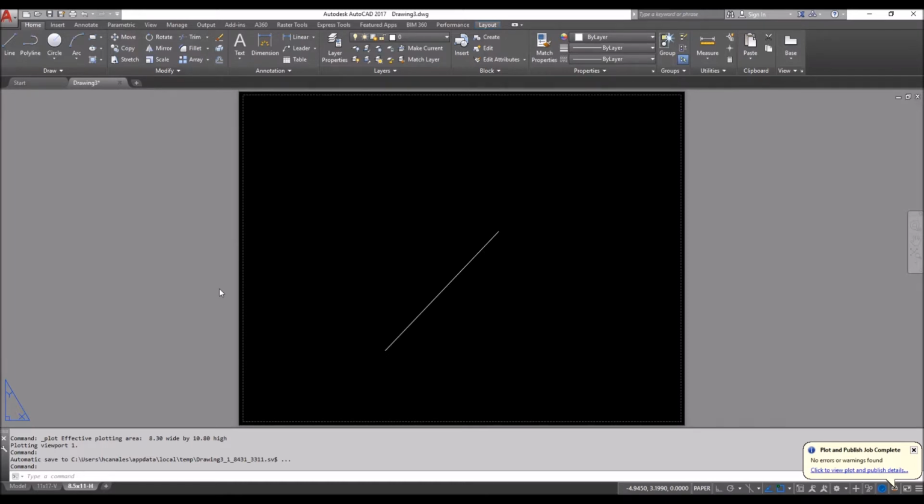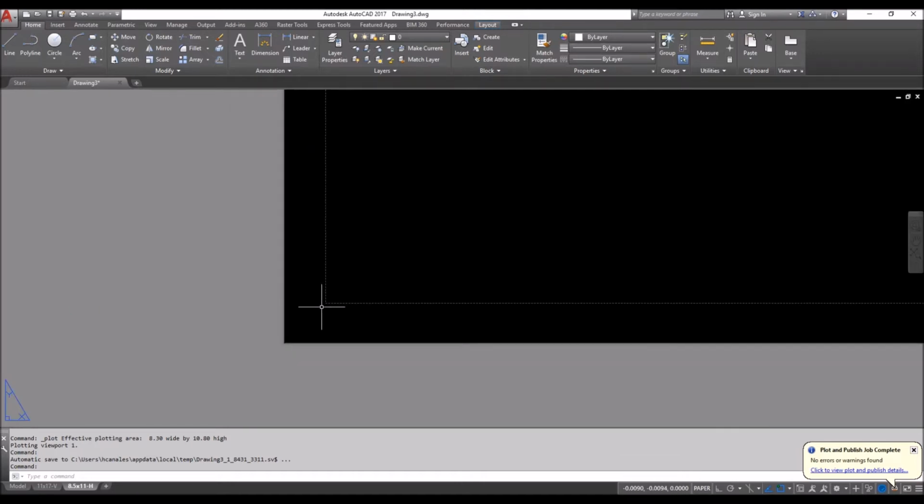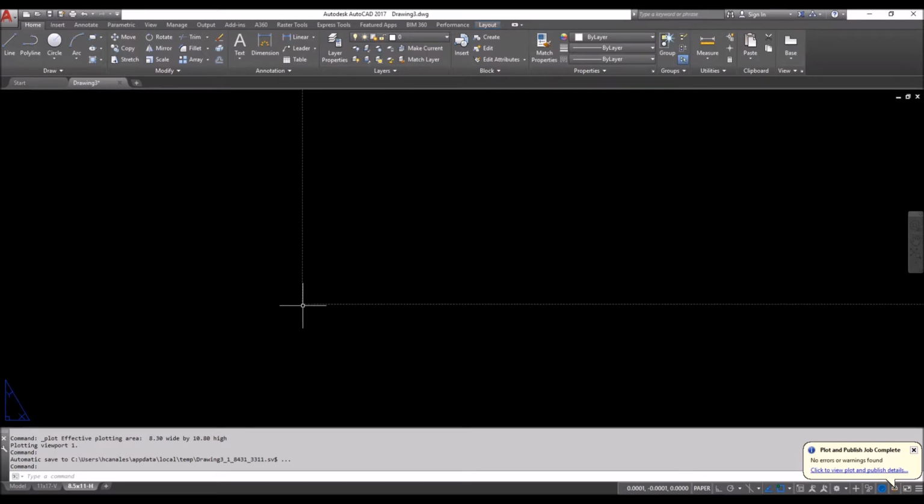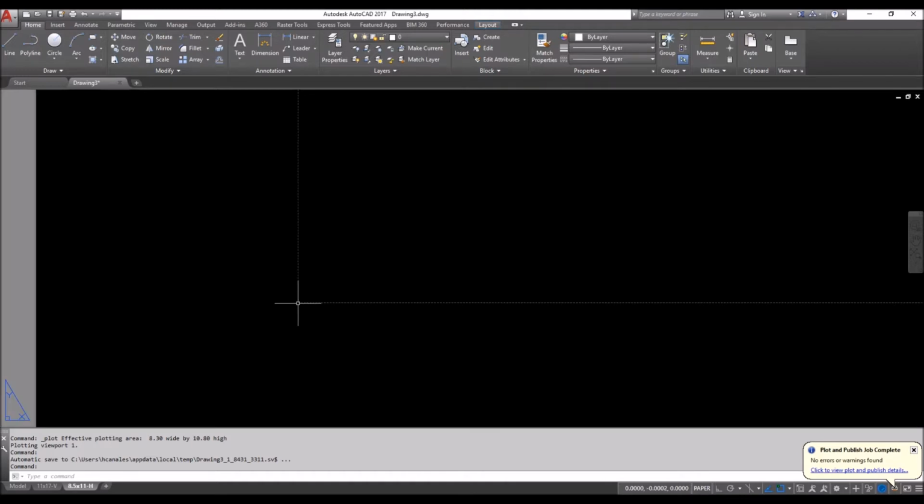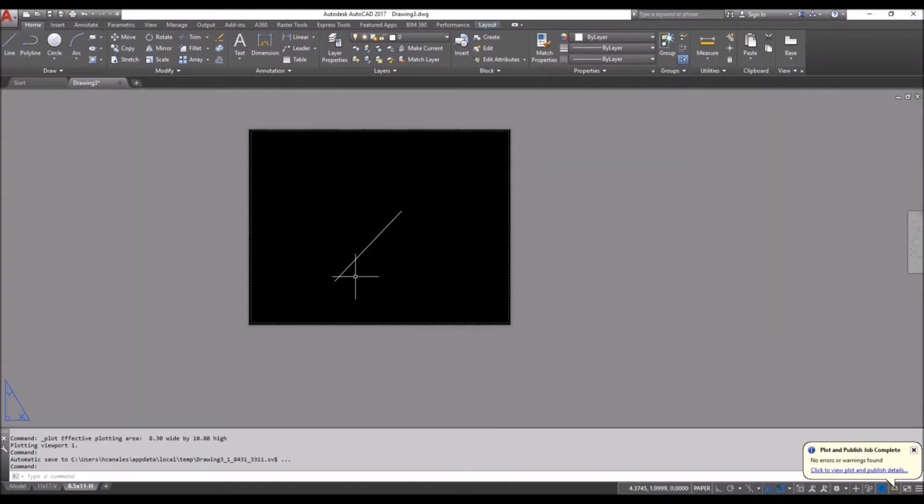Coming back to why choosing a margin as 0.1, 0.7, or 0.25, whichever, I would like for you to notice the bottom of the screen. It is the coordinates here. And this coordinate is 0, 0. If I zoom in and point it to the right point, it will come and even out to 0, 0. The importance of that is when we bring in our xref for all the title blocks,